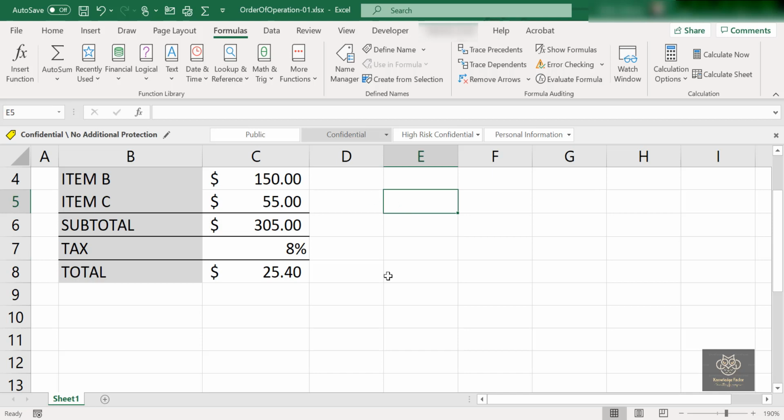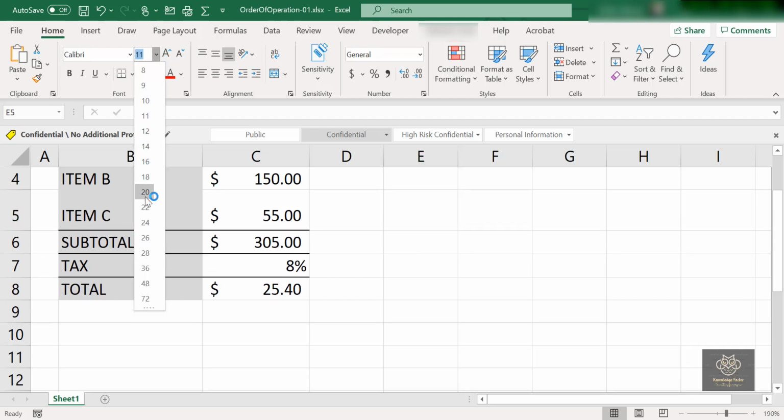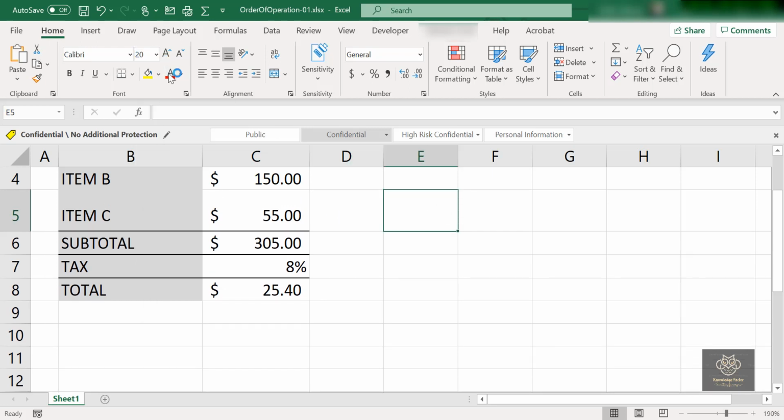I'm going to write something here on my screen. I'll just increase the font size. Please Excuse My Dear Aunt Sally.